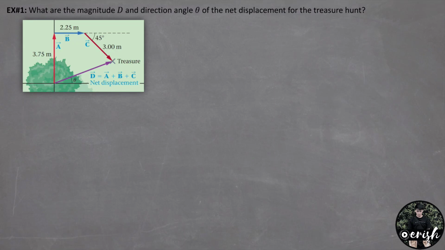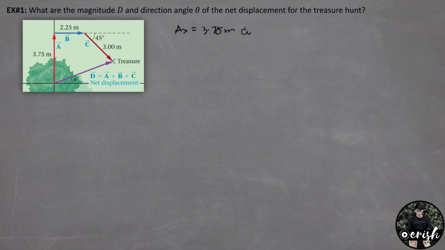Kukunin natin yung horizontal and vertical components ng bawat vector na i-add natin, and then, i-collect natin lahat ng horizontal components nila pag-a-add natin, yun yung magiging horizontal component ng main vector sum na hinahanap natin. Same with the vertical component. Kunin muna natin lahat ng horizontal components ng tatlong vectors A, B, and C. For AX, we have 3.75